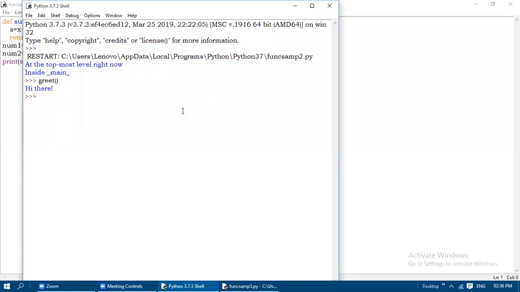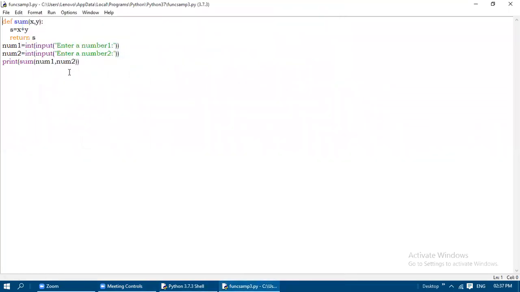Okay, students, now we are going to see our next program, that is define sum of x comma y. So this is the function definition. This function is going to perform the addition of two numbers, that is x and y. X and y are going to be added. That result is stored in the resultant variable, and then that value is going to be returned here.